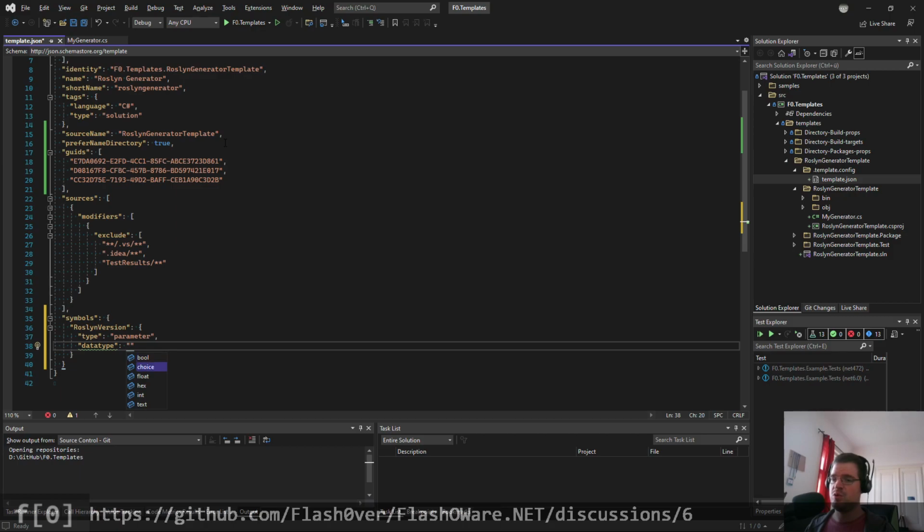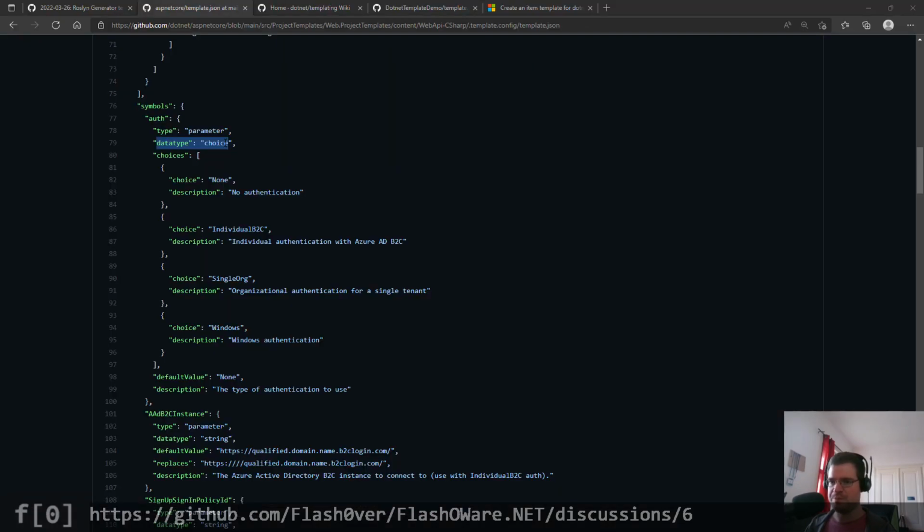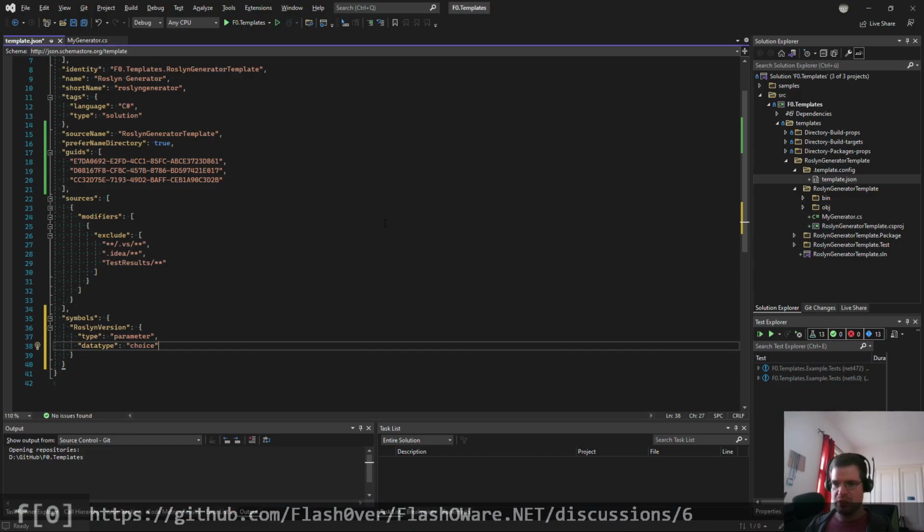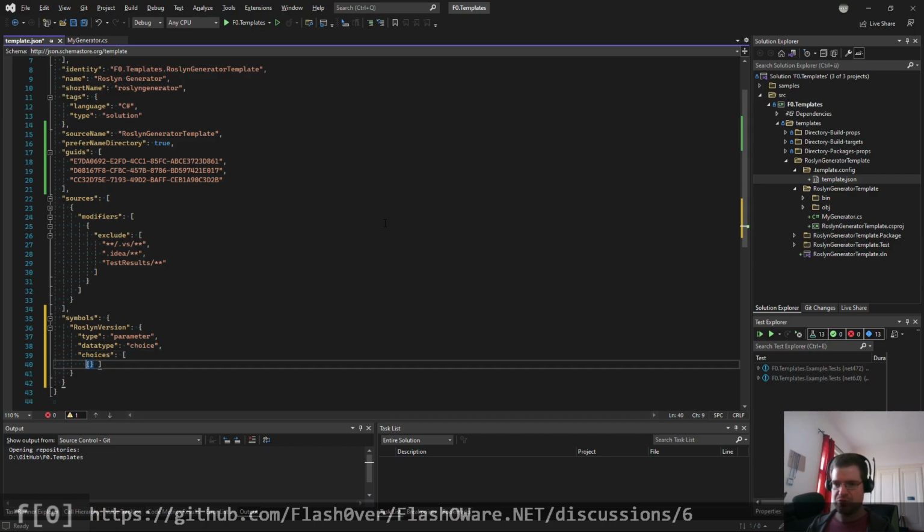a choice. I could make this a Boolean, some text, but actually let's do a choice because I want to explicitly offer 3.8, 3.9, and 4.0. And for a choice, okay, there it is actually. It's also using a choice. We can add choices, and each choice has a choice and a description. That sounds cool. So we add choices, and this is a collection of a choice. So the first choice could be,